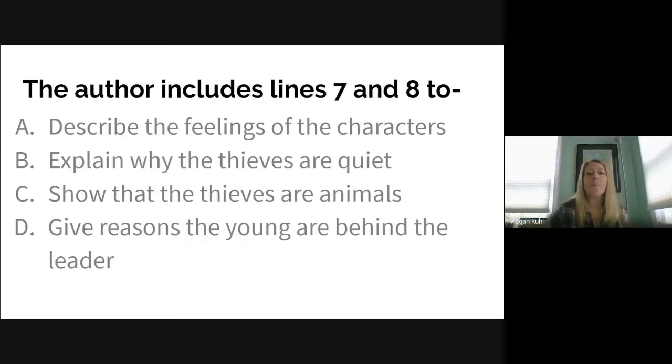So the poem says mask and bushy tail. And I know that animals have tails, right? So to best answer this question, the author includes lines 7 and 8 to C, show that the thieves are animals. Now, I want you to think about this even further now